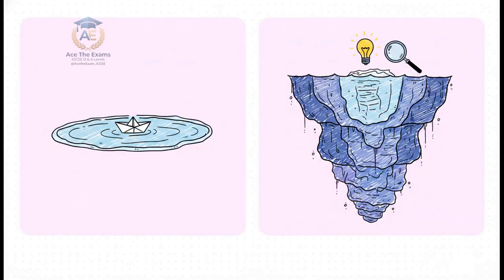Let's play Spot the Flaw. This perfectly illustrates the difference between an average, mediocre paper and a top-tier paper. Imagine our student Alex writes the answer on the left. It's at a purely descriptive level. Alex is just stating superficial facts, regurgitating the 6 core concepts, basically saying, the business used the prudence concept here. It's broad, but it's completely shallow. Now look at the evaluative level on the right.